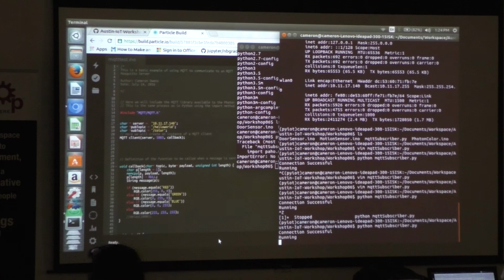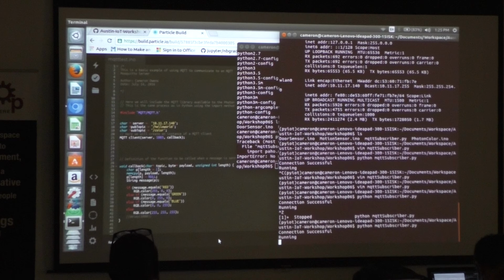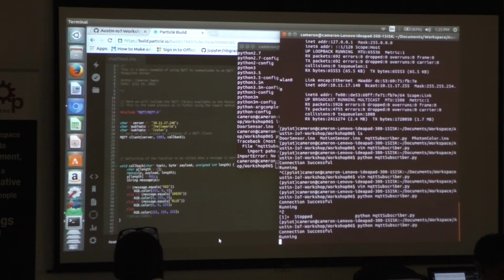Today we're going to dive into some of the things that we've done previously with the Raspberry Pi. We're going to set up the particle photon as an MQTT client, so it'll be publishing to our broker various sensor bits of information, and then on our broker side we'll be reading